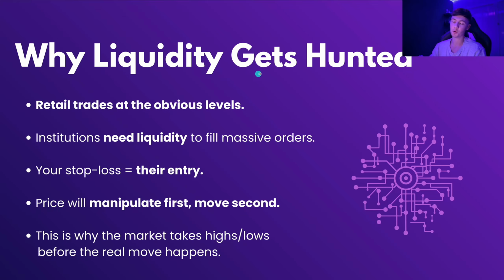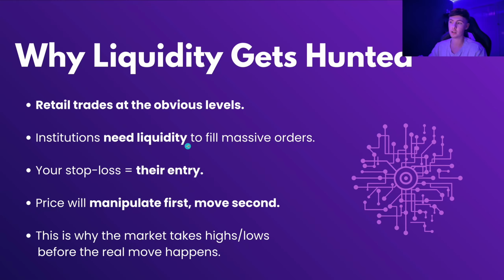Okay, so why does liquidity get hunted? Have you ever been in a trade and as soon as you hit buy or sell, it runs straight to your stop loss because you've put it at that obvious high or obvious swing low? This is what I'm about to tell you right here. Retail traders always trade at obvious levels. It doesn't matter whether they are buying above an old high, trying to trade a breakout, or below an old low, again trying to trade a sell side breakout, or maybe they are buying a retest of a specific trend line. It could be support and resistance concepts.